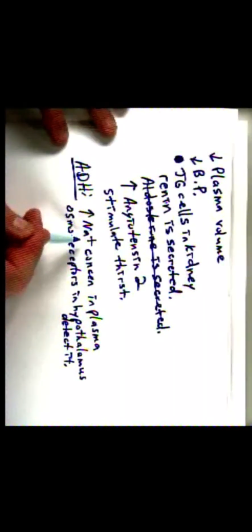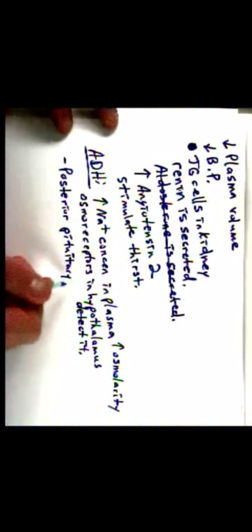If you have an increased sodium concentration in the plasma, the osmoreceptors in the hypothalamus detect it. They sense that it's going up. What happens then is we need to dilute the blood. An increased sodium concentration in the plasma means you have an increased osmolarity. The osmoreceptors in the hypothalamus detect it, and this causes the posterior pituitary to secrete